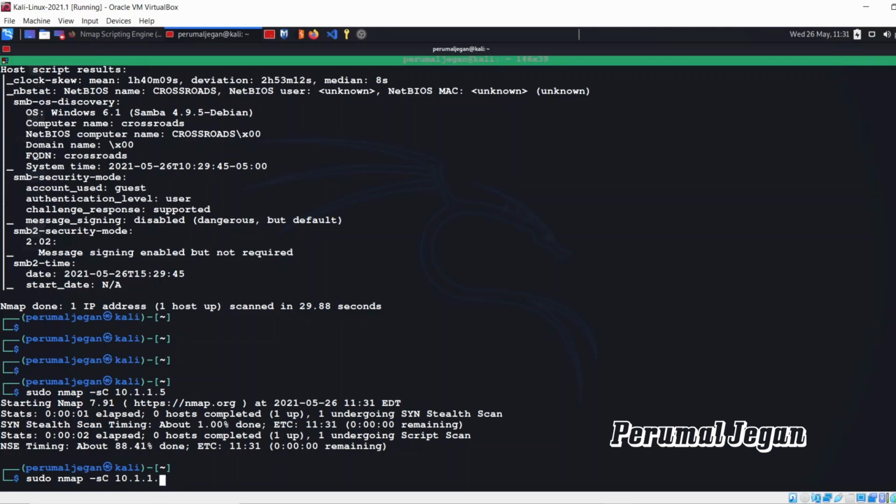Also, you can give hosts in a few other formats. If you know the range of hosts, then you can mention the first host, a hyphen, and the last octet of the last host. You can also run your scan like this, and if you know two different IPs, then you can separate those IP addresses with a comma, like this.